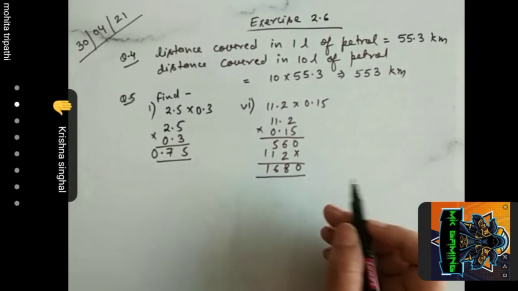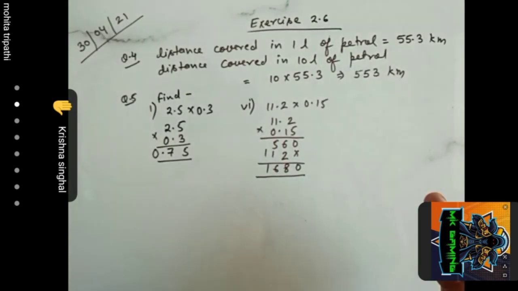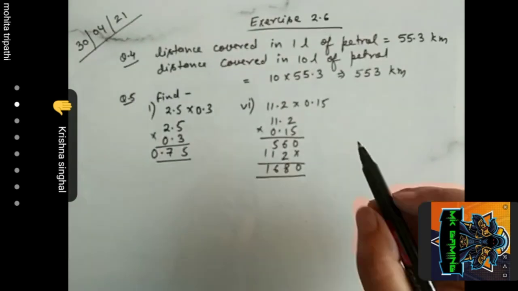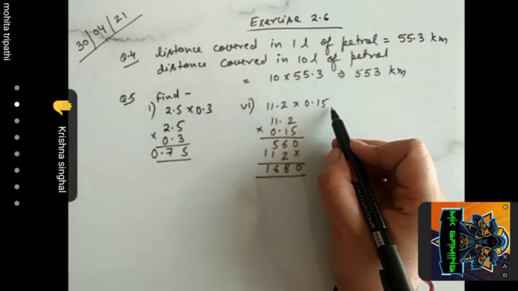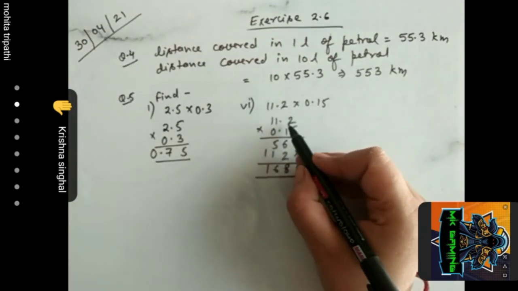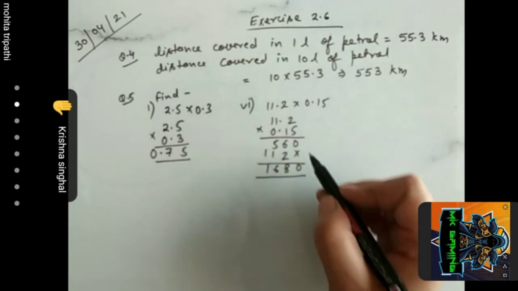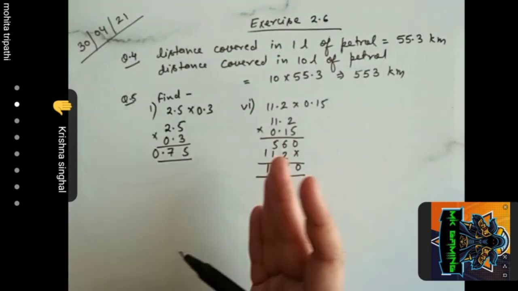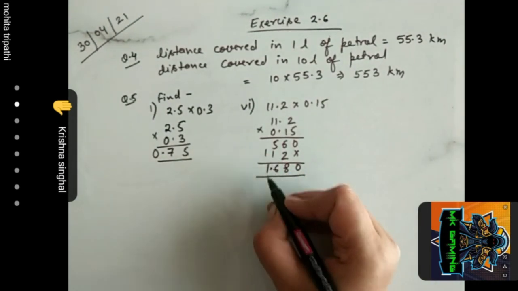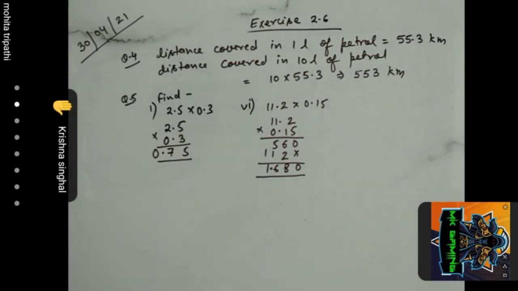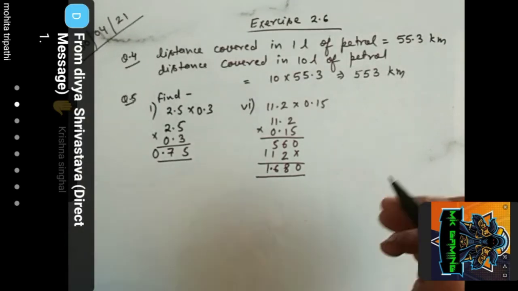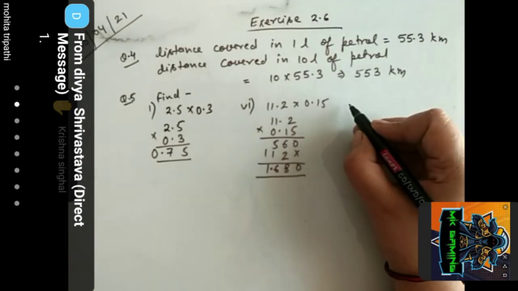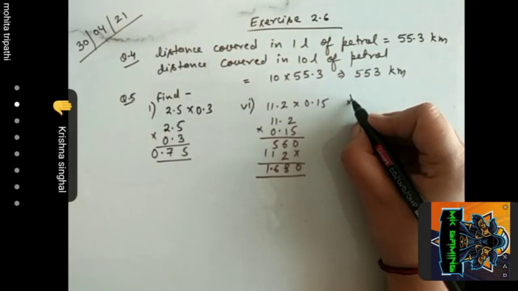Okay. Multiplication is the same, but what you need to take care of is where to put the decimal sign. Just see, after the decimal 2 places, after the decimal 1 place. So after the decimal 3 places are there. So from the right hand side, after 3 places, we will put a decimal sign here. Okay. Simple questions are there. You need to take care only of where to put the decimal sign. If it is not clear to you, let us see one more part.